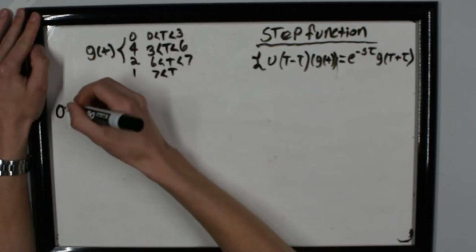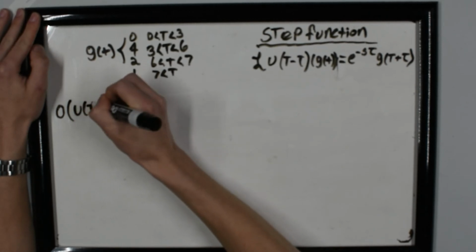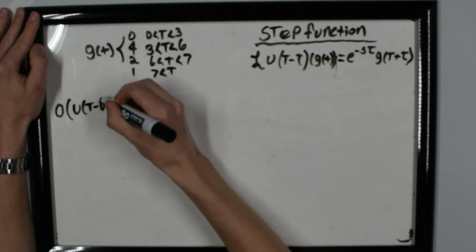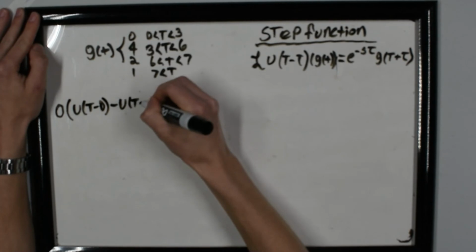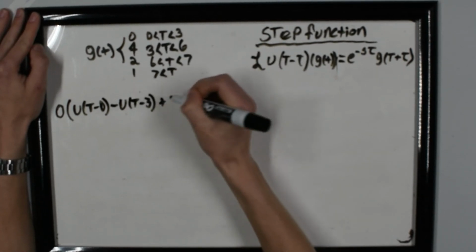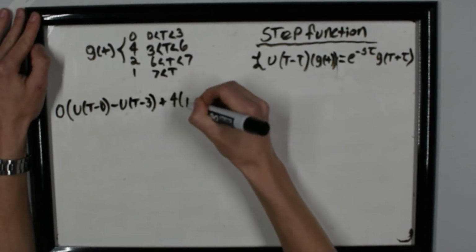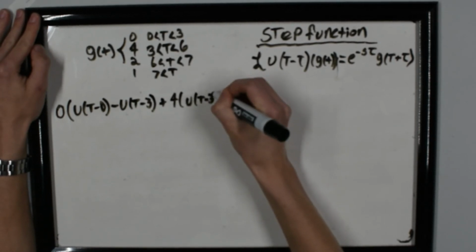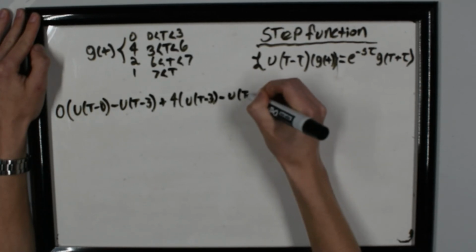so in this case 0, and multiply it or distribute it to u(t minus the end of the interval), so 0, minus u(t minus this end of the interval), so 3. And then you just repeat. So plus 4 distributed to u(t minus 3) minus u(t minus 6)